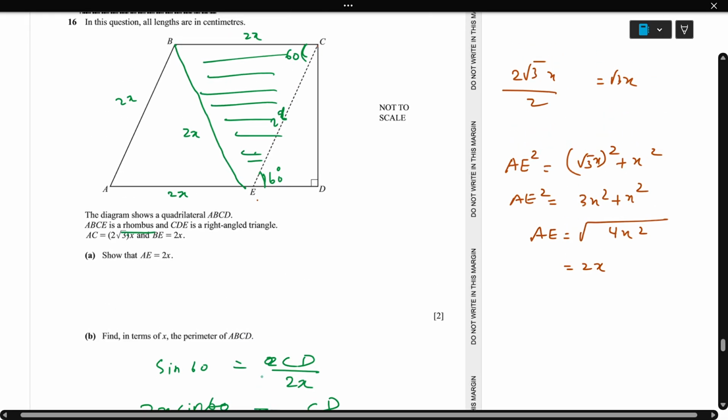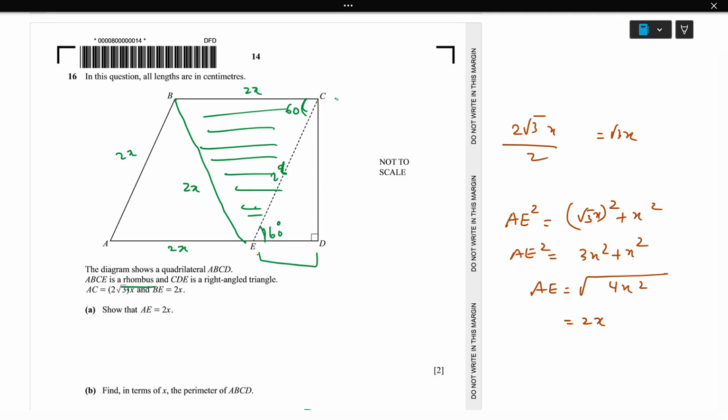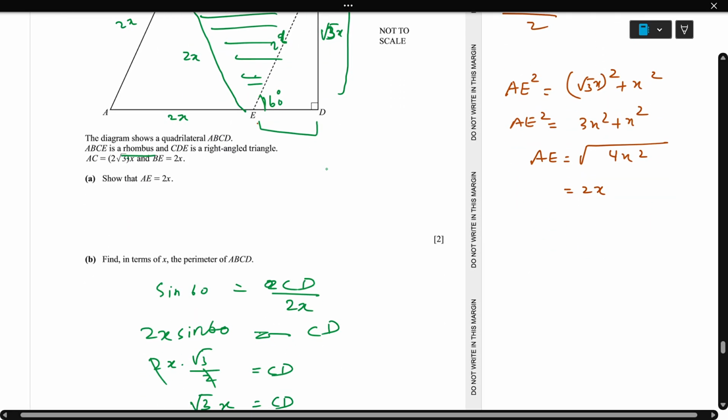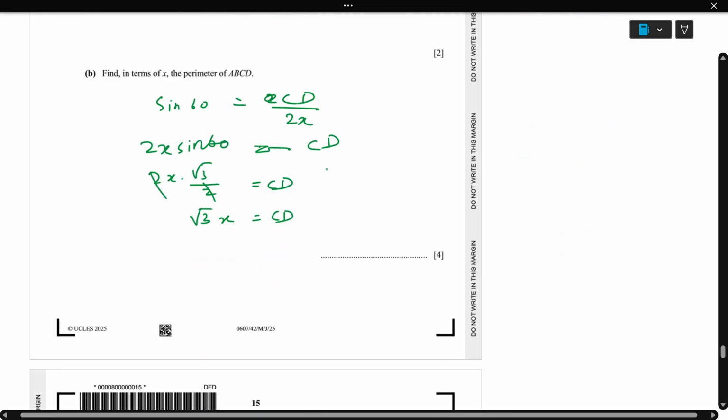Because for the perimeter we need all outer sides, this side and this side are missing. So we need to find this length and this length. Rest all the lengths we have. So this is root 3x. We got the answer, root 3x here. Then next ED we are going to find. So now we can use Pythagoras. ED square equal to